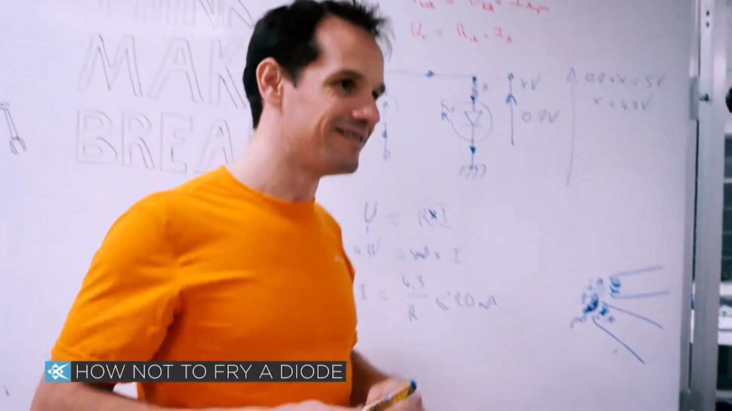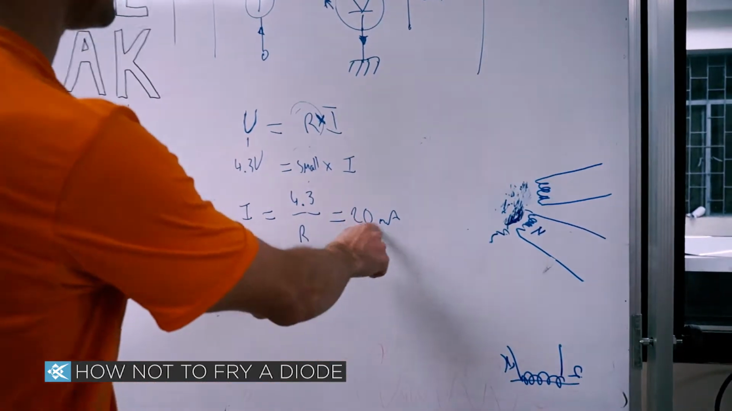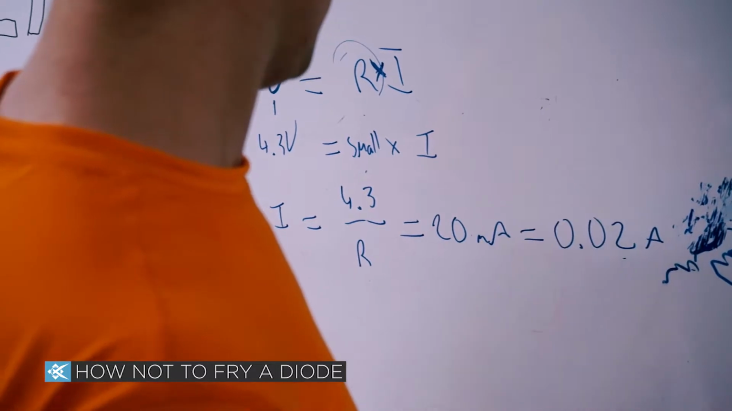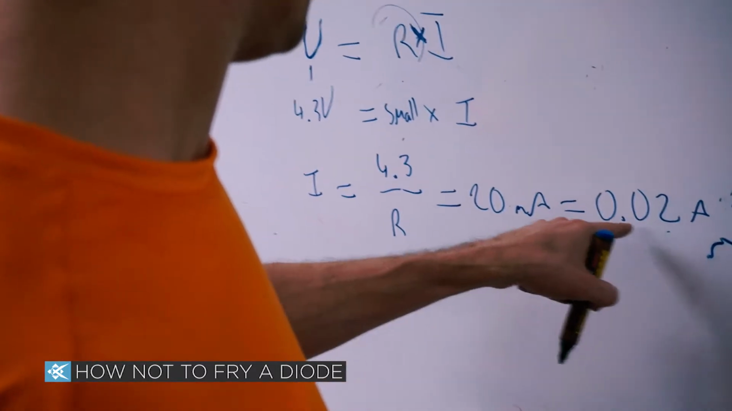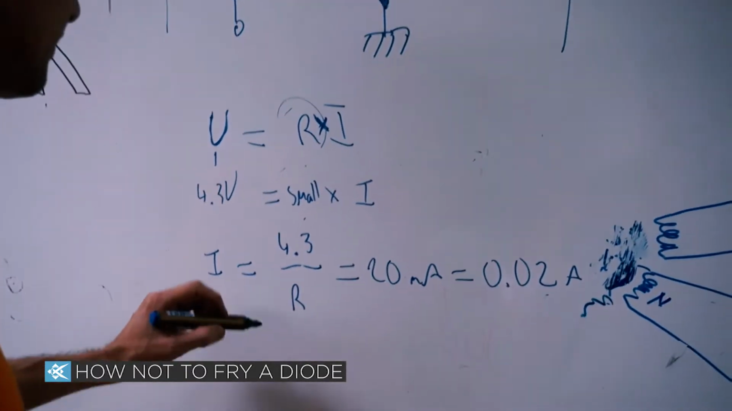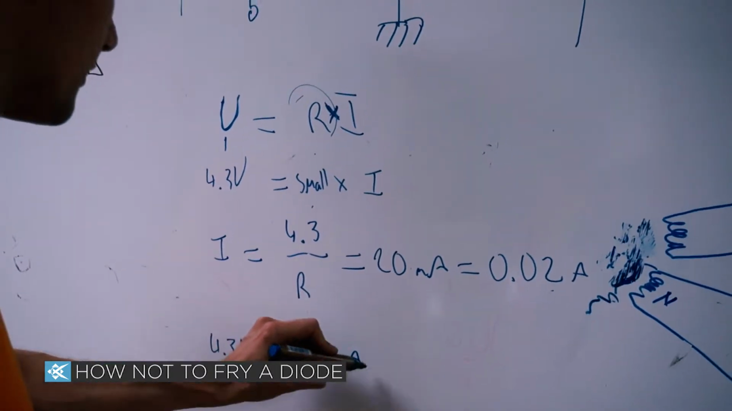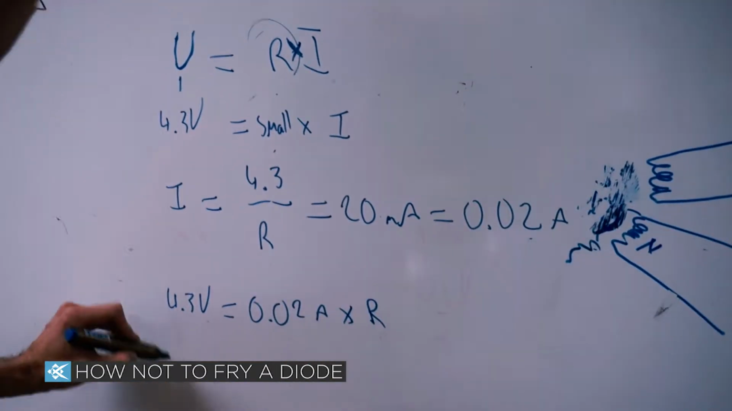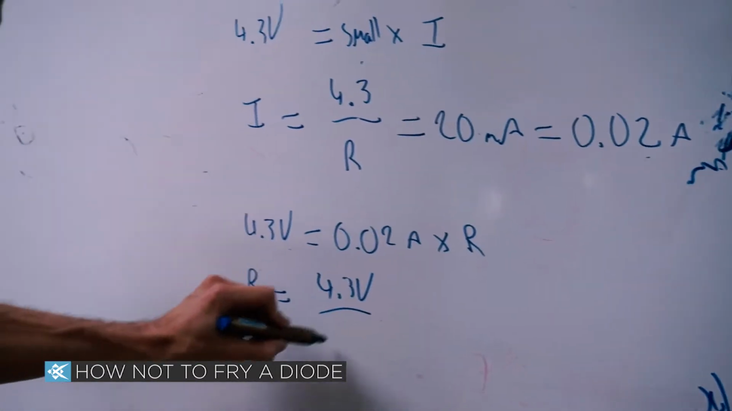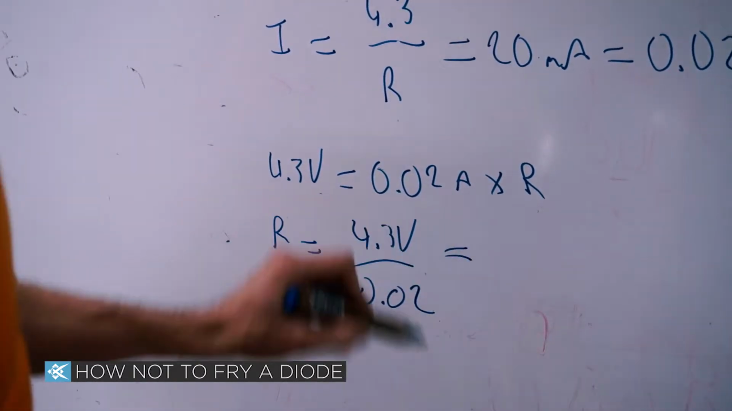Like how much resistance? Oh, we're going to calculate it. So let's say you actually want 20 milliamps, so I'll make I equal that now, right? 0.02 amps, right? Is that 20 milliamps? Yeah. We have to send this one on the other side, so I'm going to change my equations a little bit, right? 4.3 volts equals 0.02 amps multiplied by R, and then R is equal to 4.3 volts divided by 0.02,